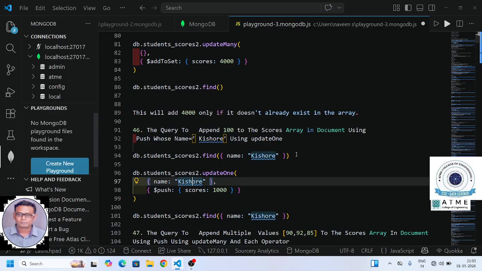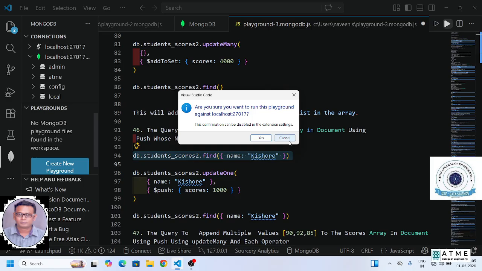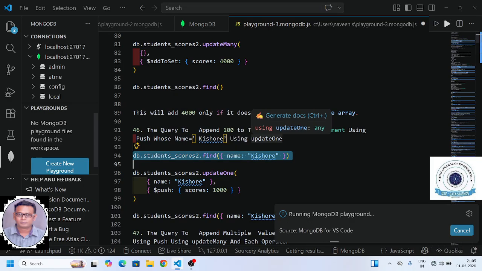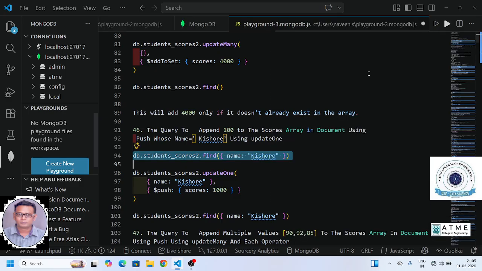So before that we'll find out the marks secured by Kishore. So a single record will be fetched. So clearly I'll expand it. So you can see 2000 and 4000 are there, followed by 79, 50, 6 and 48, 84, lastly 2000 and 4000. So there is a requirement. You have to push the 1000 value to the scores belonging to particular name Kishore. You will execute it